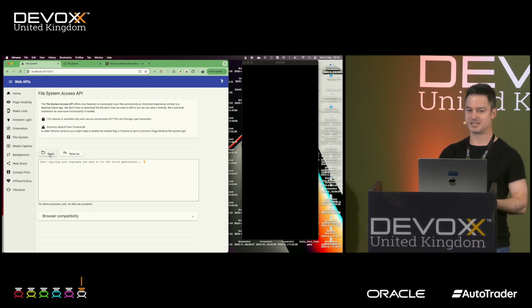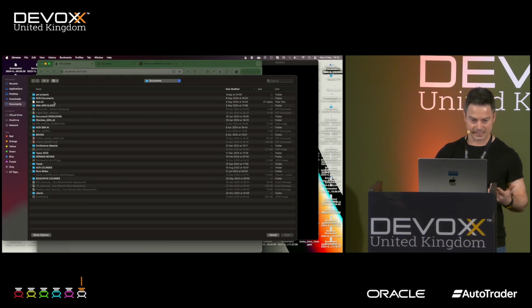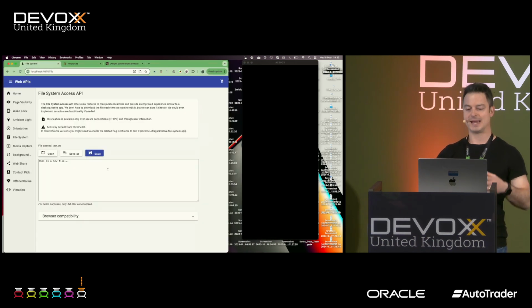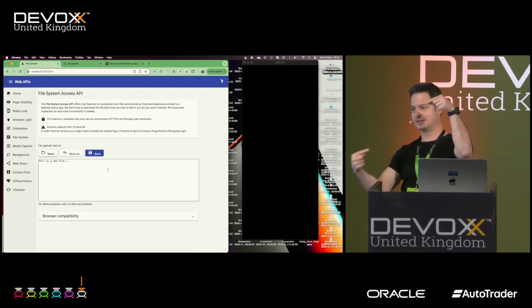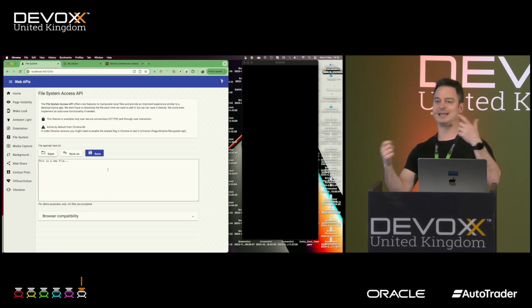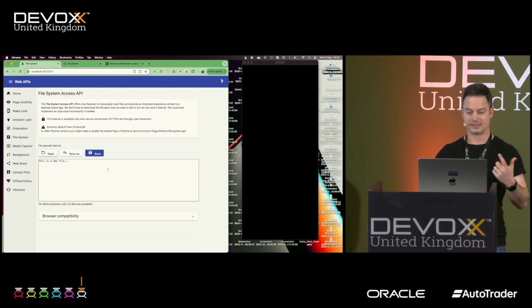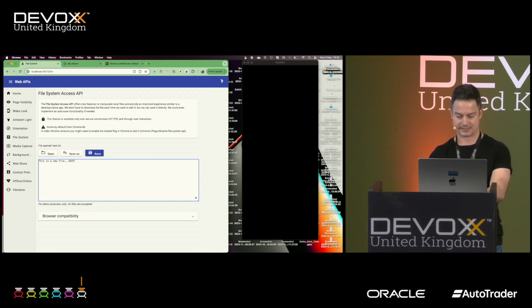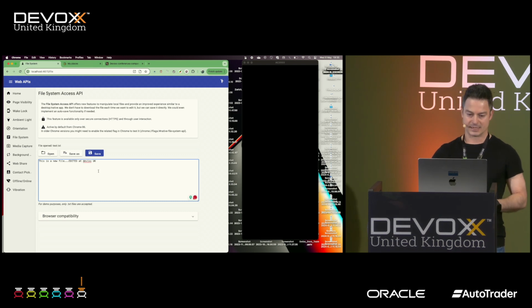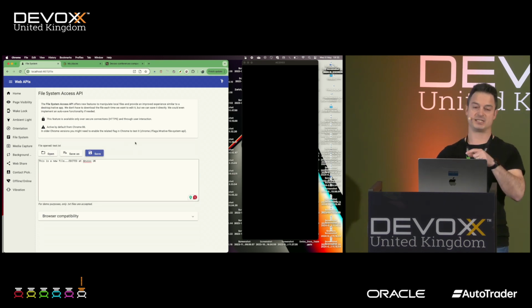And this every time we want to save a file content. However, thanks to the File System API, we can open a text file, here for example, and by doing this, we create a direct connection. We get a so-called file handle. That means that now, if I change it and I save it, then the changes are persisted straight to that file. As you can see, no file picker opened.